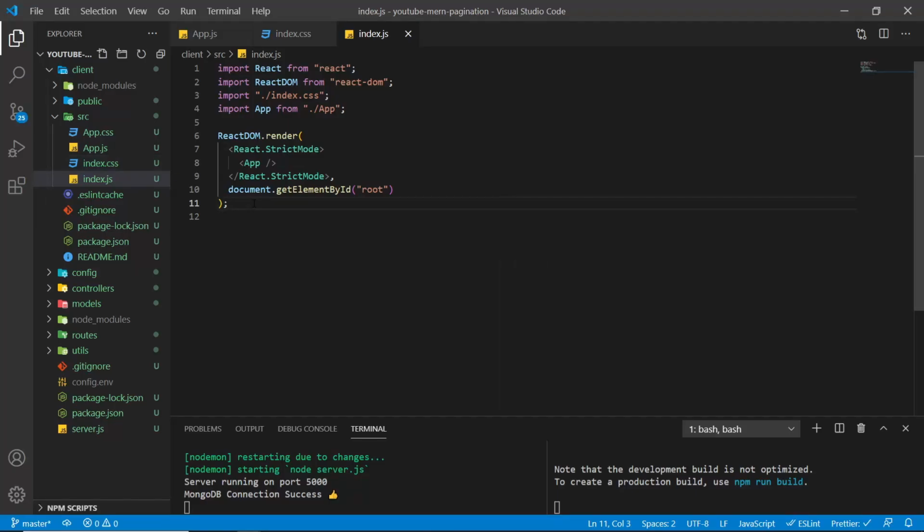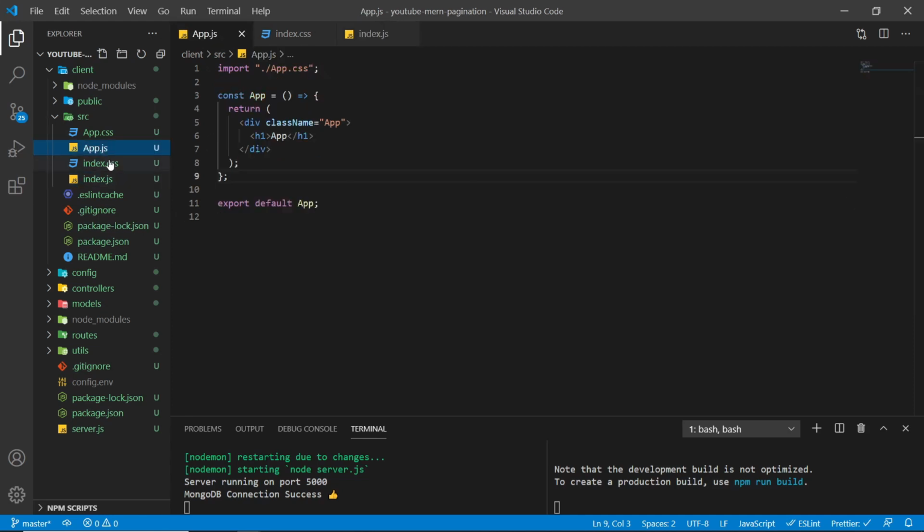Okay, so let's start by building this application. First thing we need to do is go to the app.js, and in here is where the magic is going to happen. So in app.js, I'm gonna start building my JSX first. So this JSX is going to look as follows. I'm just gonna make it as comments. We're going to have some pagination component here. And then in the middle, we're going to have